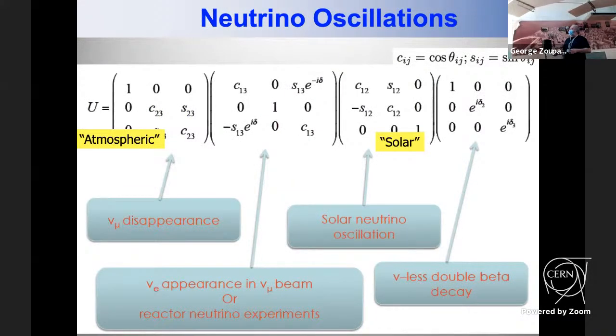These 3 matrices, by the way, this is the Majorana matrix. I will not talk about that too much because it doesn't affect the oscillations at all. It has to do with where the information comes from. This is mostly from atmospheric experimental information, and this is more from solar neutrino experiment information, while the middle one comes particularly from reactor neutrino experiments or accelerator neutrino experiments, which came a bit later in the game